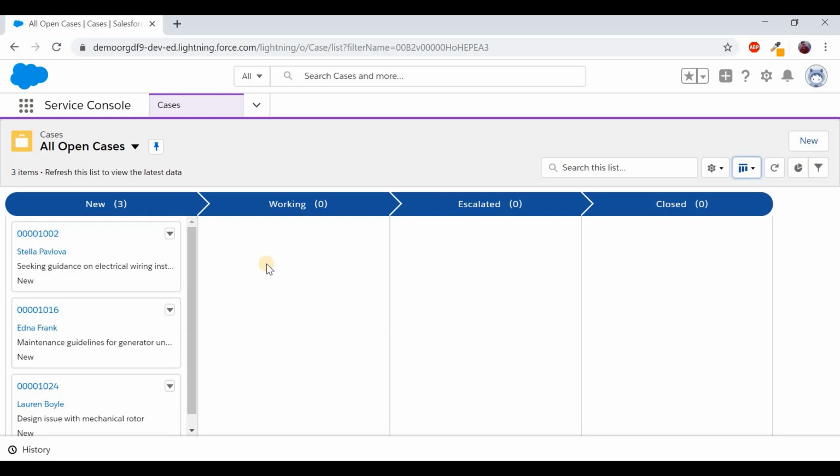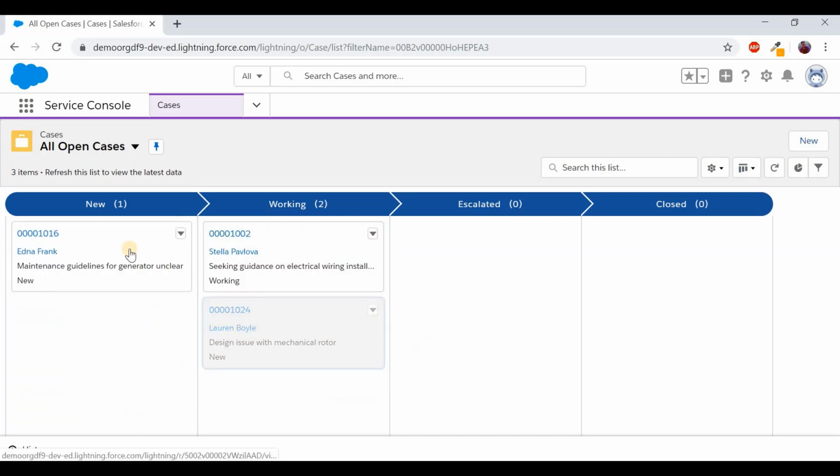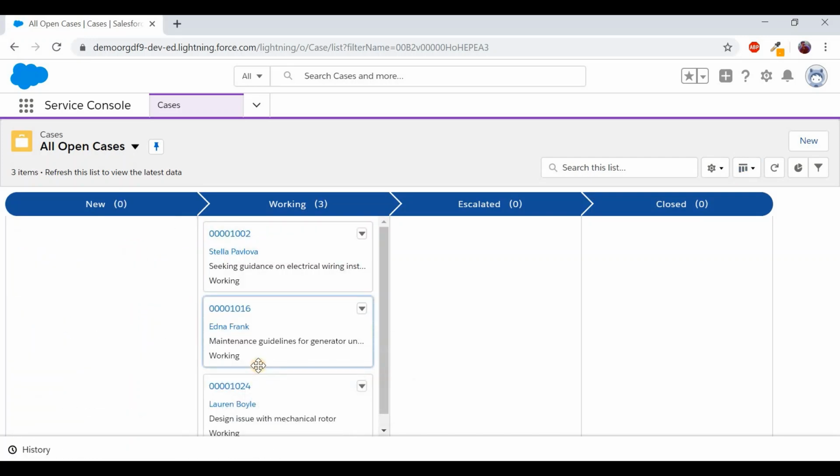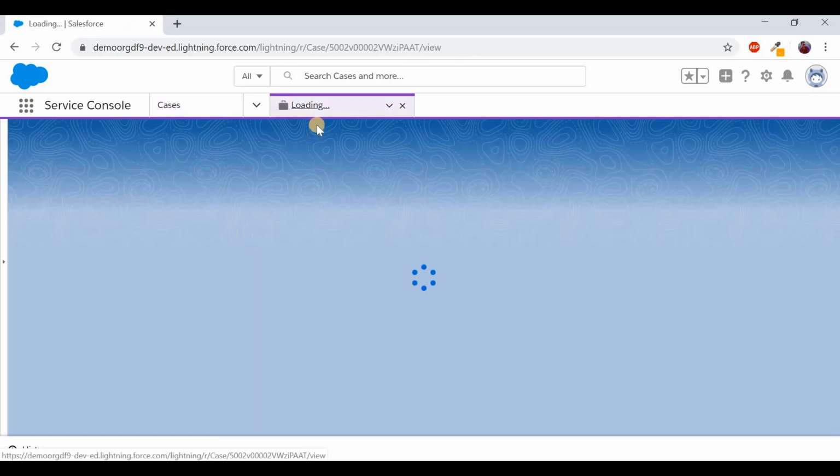Let's say I am the service agent, and now I logged in, I see all of my cases in the new status. So immediately I will move all of them to working, as I have to close all these cases by end of the day. Now once I started working on it, I will click on this case and you should be seeing a new